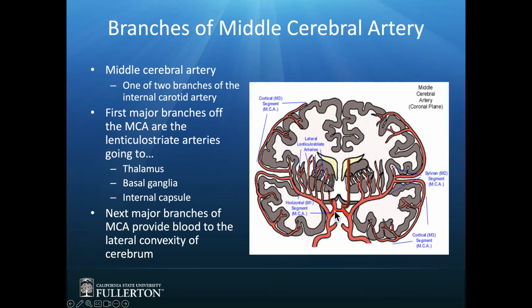The section is a totally different view from what we've looked at so far. This is a coronal section made right through the brain, separating front from back, right where the formation of the middle cerebral artery occurs, and where it courses out through the sylvian fissure. Now here's the sylvian fissure, but note, as it courses through this brain tissue, it's throwing off these little arteries that go to very critical